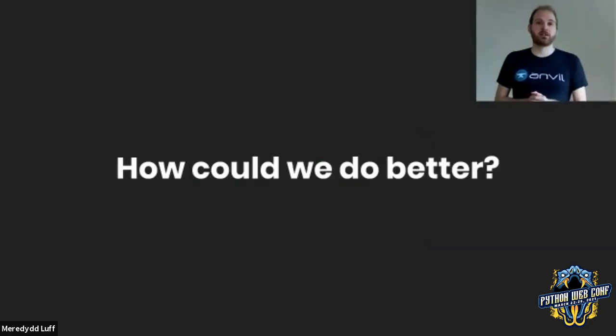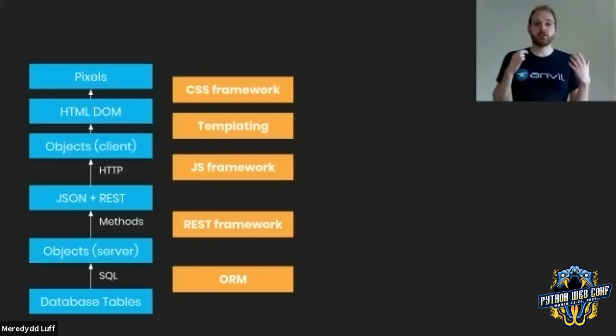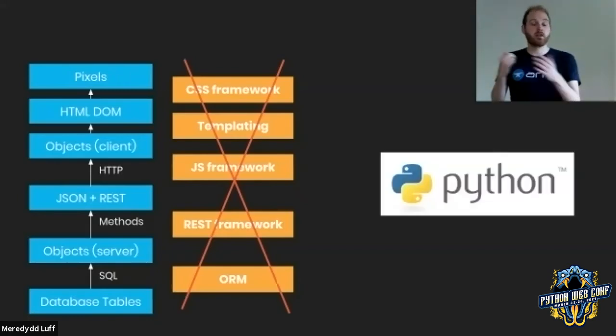So we looked at this and thought, okay, how could we do better here? Because if you take this and you just build a new and better JavaScript framework, you're not going to solve the problem because you need to know everything else in all the other boxes. There are too many abstractions and they all leak too much. So we decided by building Anvil to replace this set of abstractions with one, and one that would stay coherent. And the one we chose was the Python language.